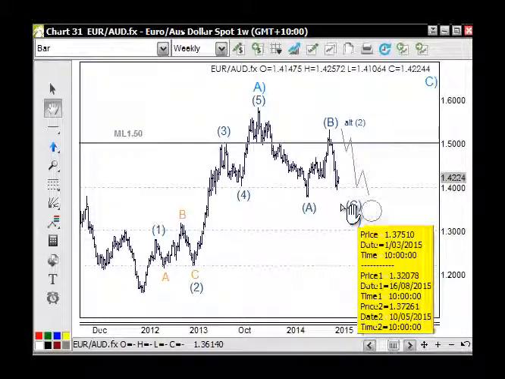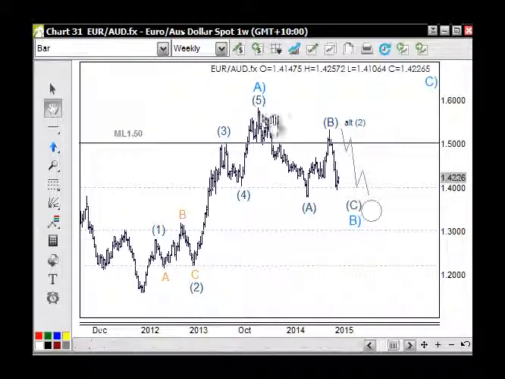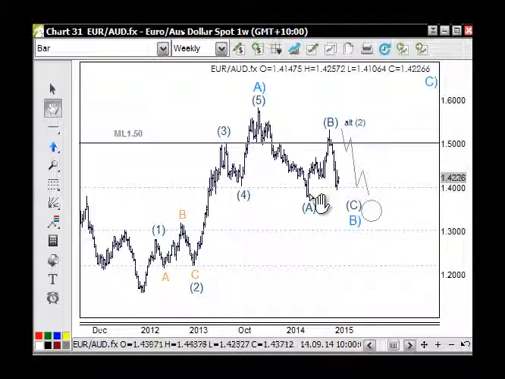But I must say that I'm not that keen on this particular correction because wave C would normally be on more of an angle here than wave A. Wave A is normally the sharp move, and then wave B, and wave C is normally on more of an angle than wave A. So it does give it a bit of a bearish picture,